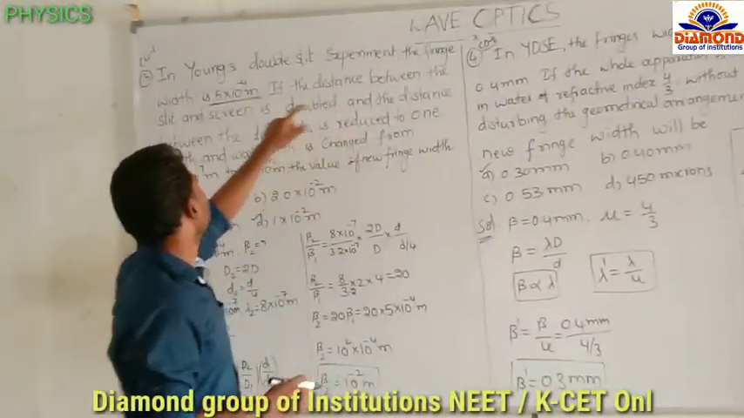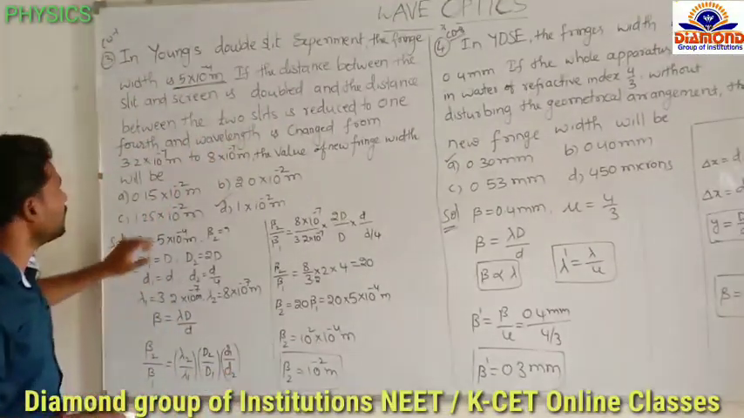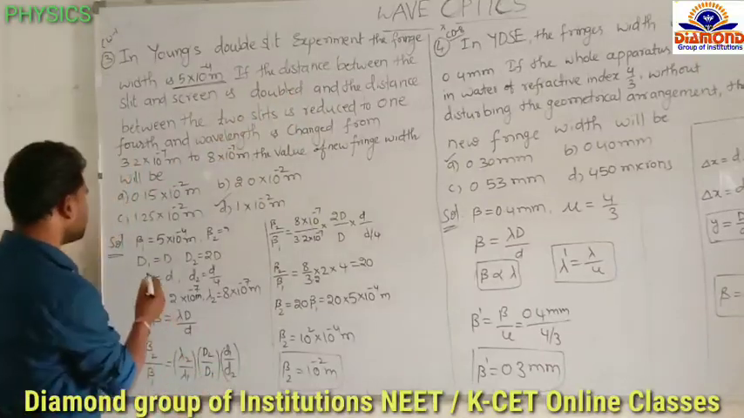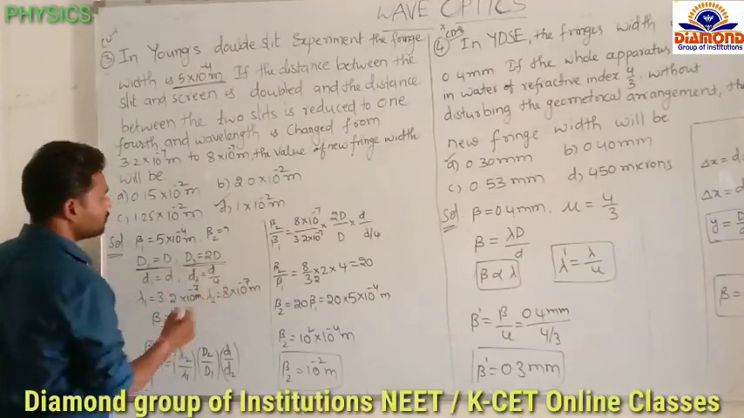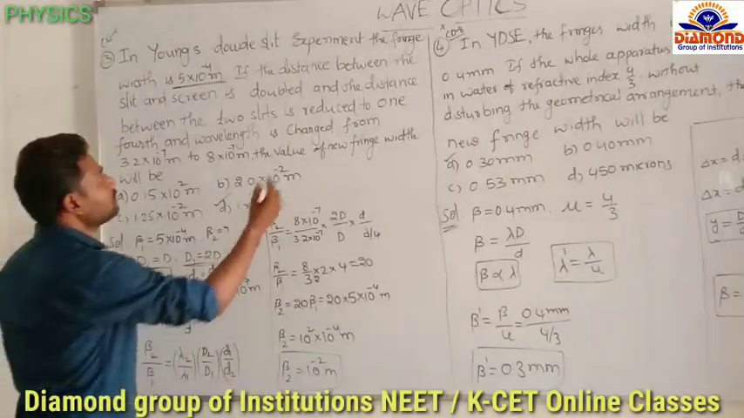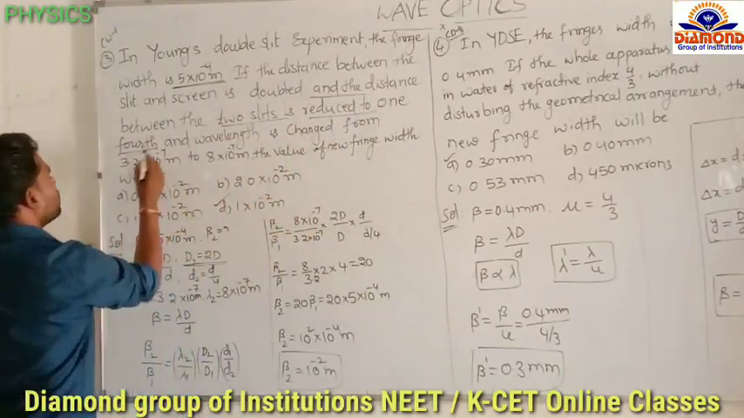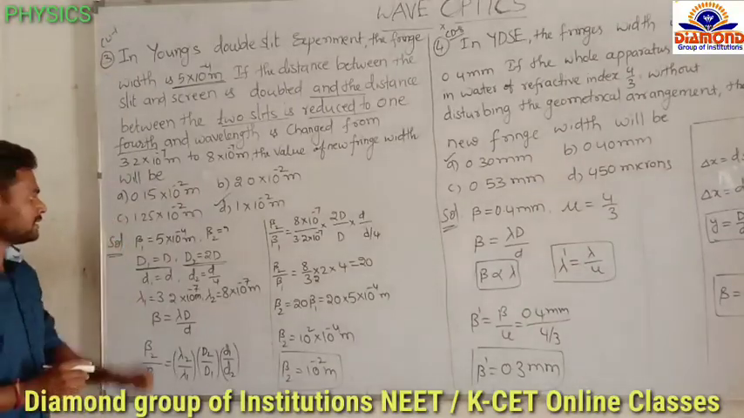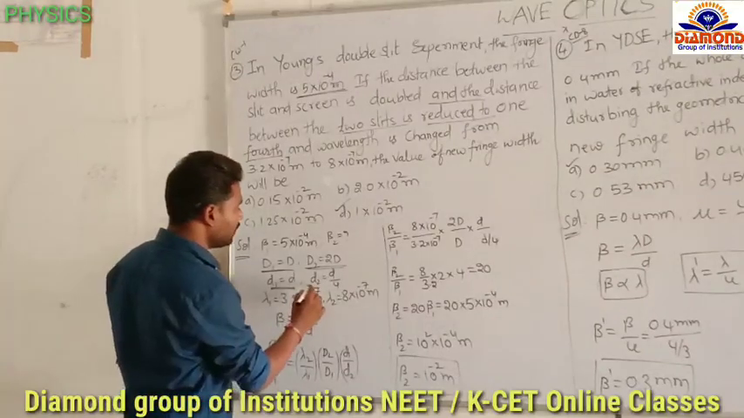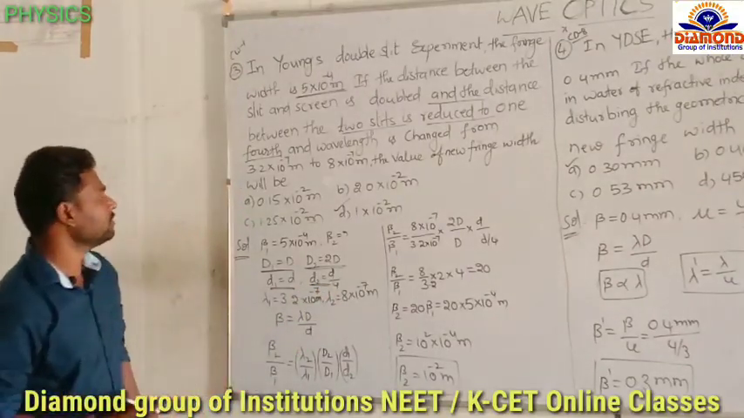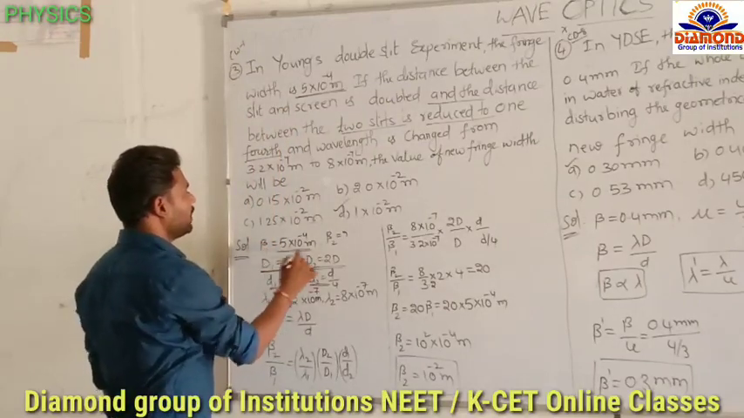Okay, now see the fringe width given, and the distance between the slits and the screen, that is capital D, is doubled. So if initially d1 equal to d, then after that it is doubled, so d2 equal to 2d. And the distance between the two slits is reduced to 1/4. That means initially d1 equal to d, and finally d2 equal to d by 4. So initially the fringe width is beta 1 equal to 5 into 10 power minus 4